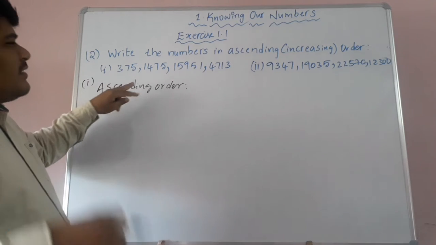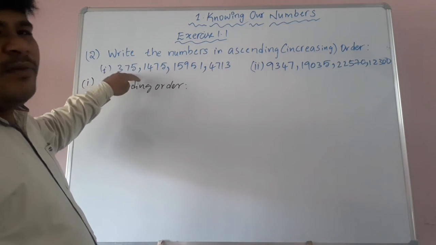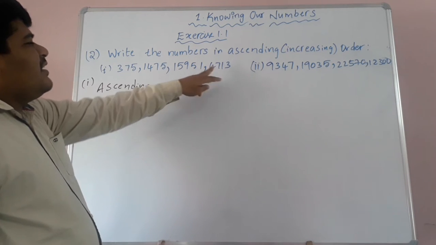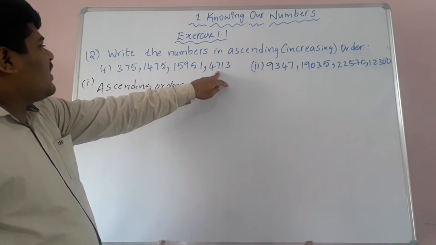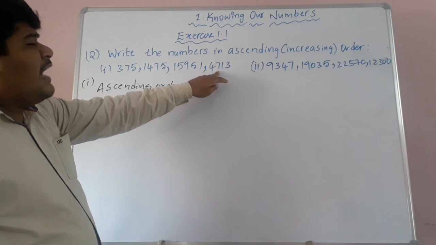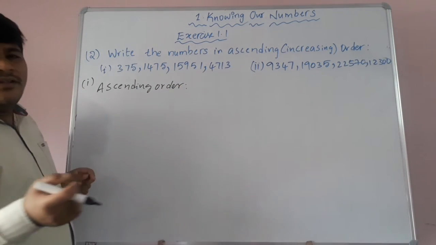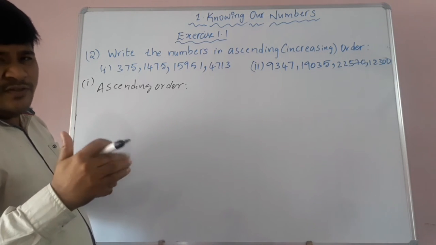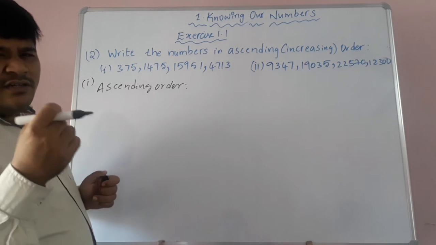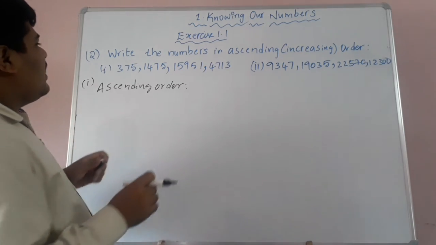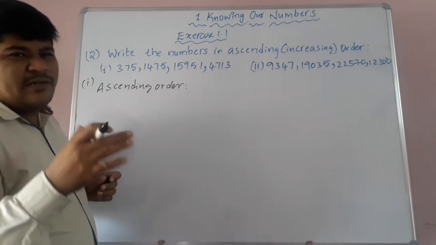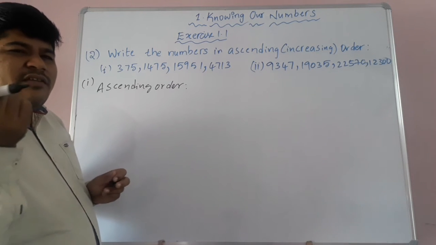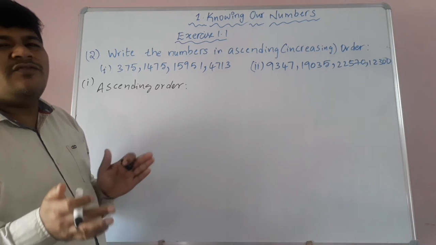How to compare the numbers here? First number has 3 digits, second number has 4 digits, it has 5 digits, it has 4 digits. Okay. So when two numbers are having an equal number of digits, we will check the first digit, second digit, and whichever is big, that will come first, means that is the big number, and whichever digit is small in that comparison, that is the small number. And whenever the numbers of digits are different, whichever number has fewer digits will be the small number.